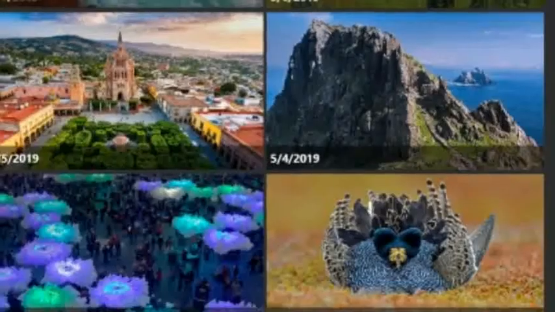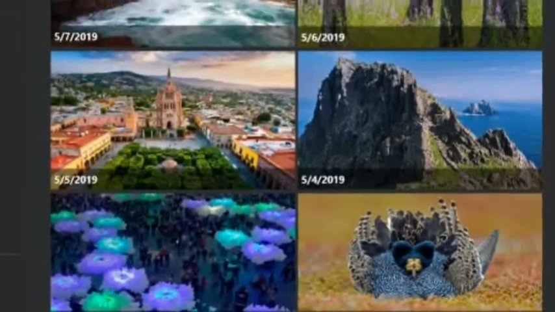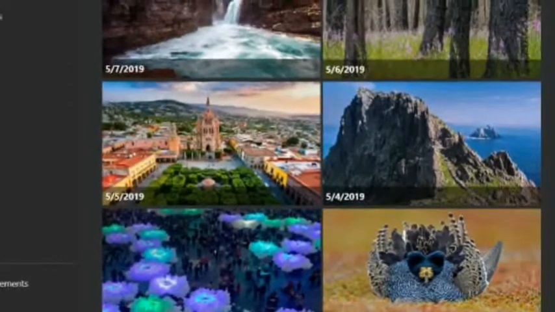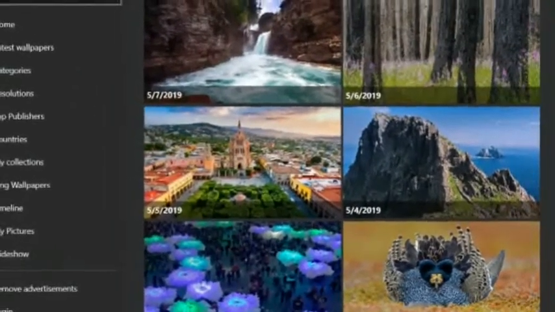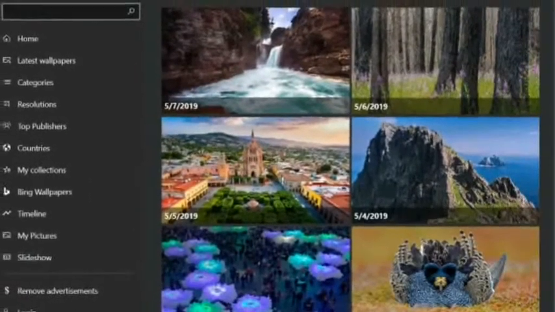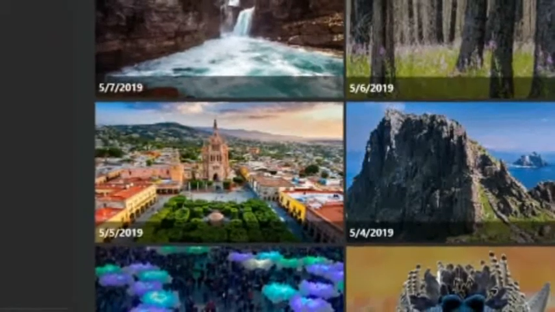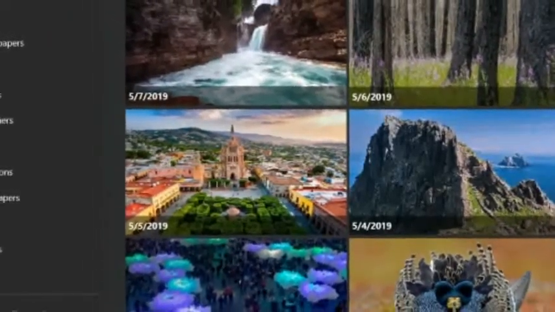When you select that desktop, what will happen? Windows switches to the selected desktop and displays the programs running in it. Now let's see moving a program to a different desktop. On the taskbar, click the Task View button. Then Windows displays thumbnails for each running program on the current desktop.